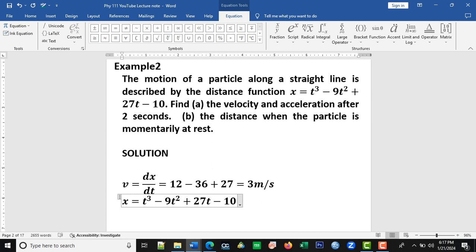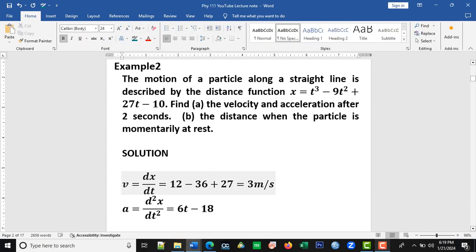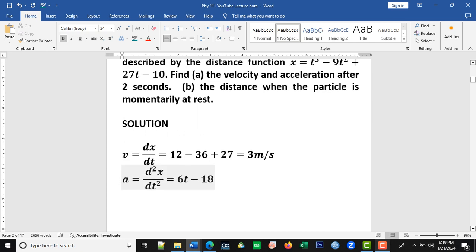The first gave us velocity. The second will give us acceleration. So d squared x over dt squared. So the acceleration is the second derivative of that function,